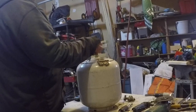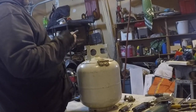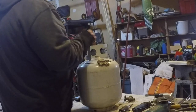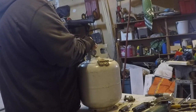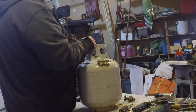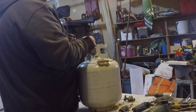One thing I want to do is keep some of this handle, but I don't need to keep all of it. So I want to cut this off. And again, because you don't have a welder, for whatever reason, I want to take where there's 3 welds. I want to keep the weld here. Let's go up the center,